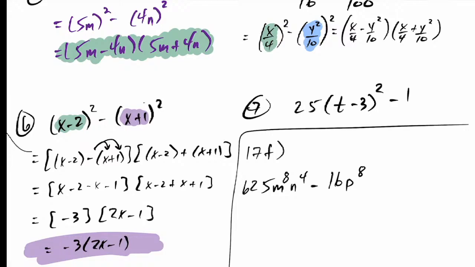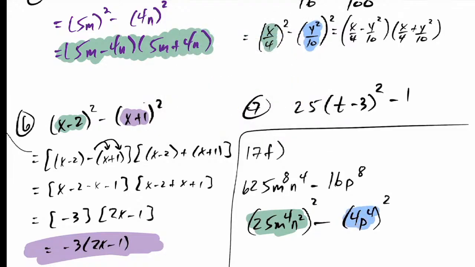So with 17f here, you want to look for a GCF, which we don't have a GCF, but this is a little bit harder to see. I didn't assign this question actually, but if you do want to answer 17f, this is how you do it. This is 25. I need to write this with a power of 2, so this is going to be 25m to the 4 n squared minus 4 p to the 4. So the idea here is this is like my x,